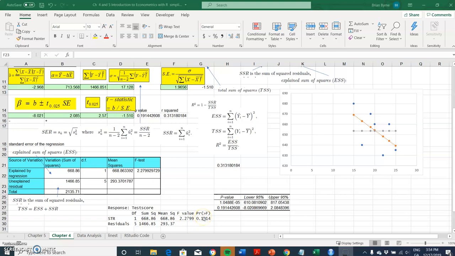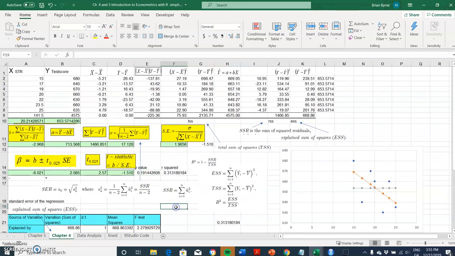The p here is 0.1914, so that's consistent here, and also consistent with the p-value that we manually generated in the Excel